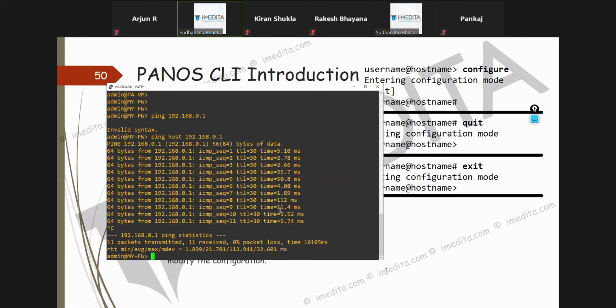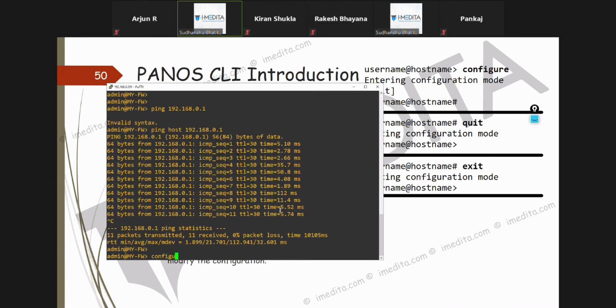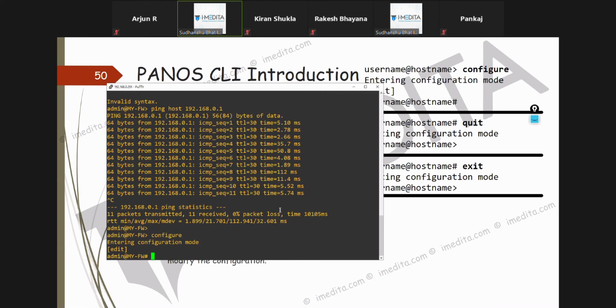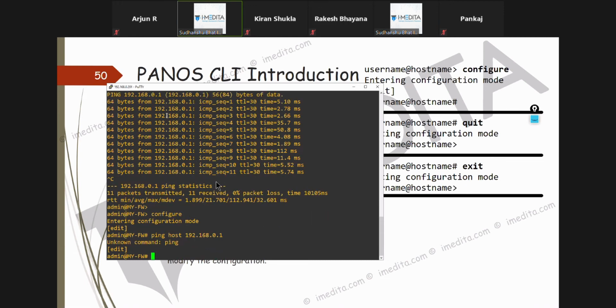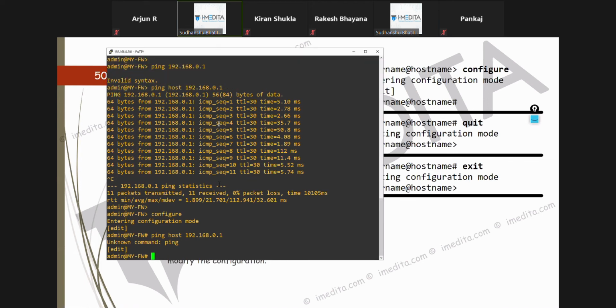But sometimes, if you are in configuration mode and you want to run this command, if you try to do this here, it won't work because this is an operational mode command. An operational mode command doesn't work in configuration mode. Just like in Cisco, when you want to run show commands in configuration mode, you cannot run those directly; you have to use do there.